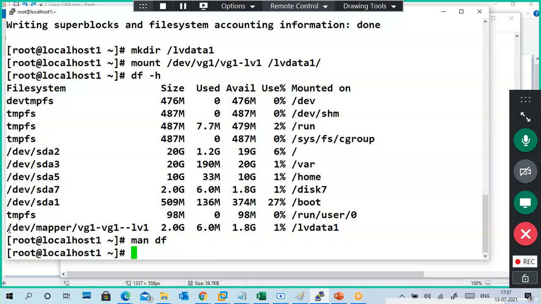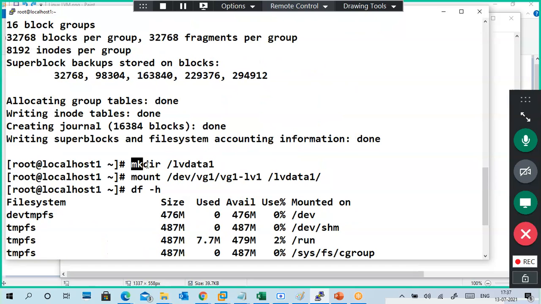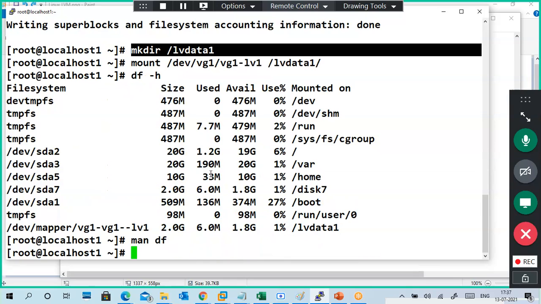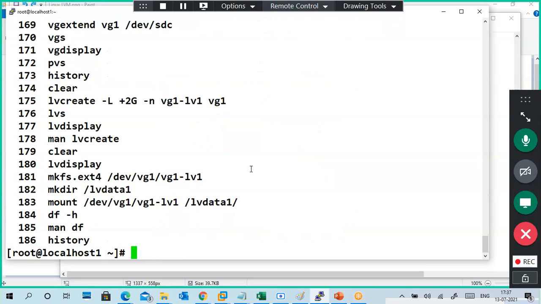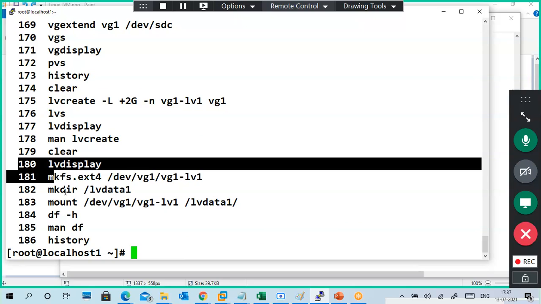This is the good one. So this is actually your mapper. It maps your logical volume name. And before mkdir, I created a file system. Okay, so a simple, I created a file system.